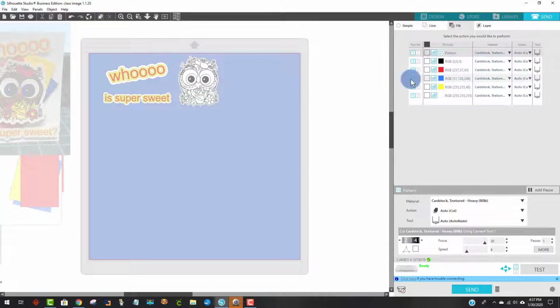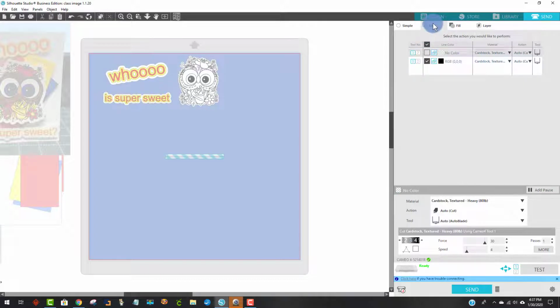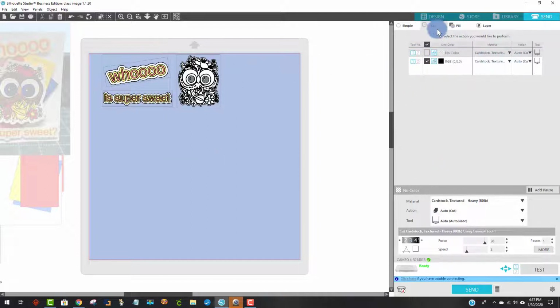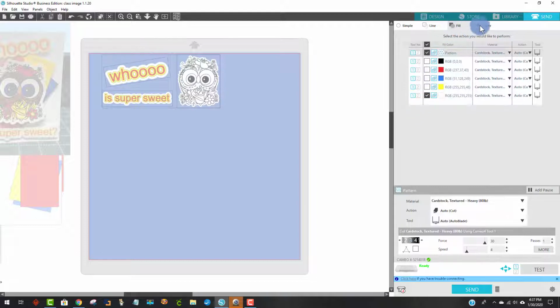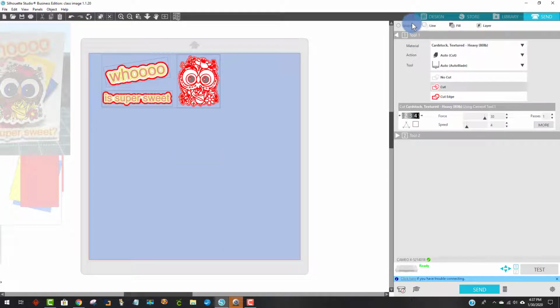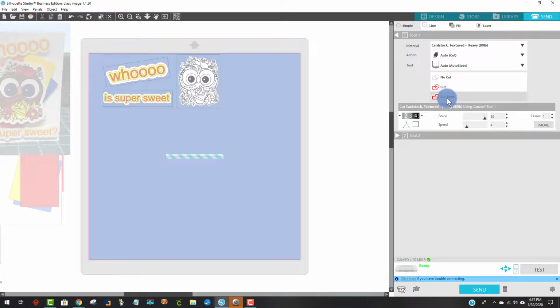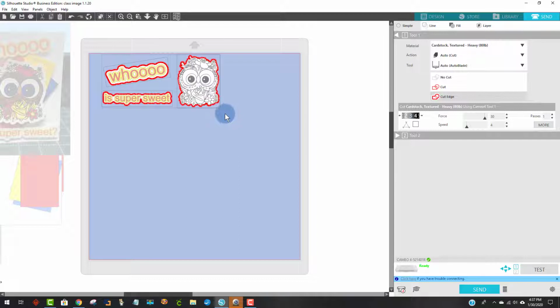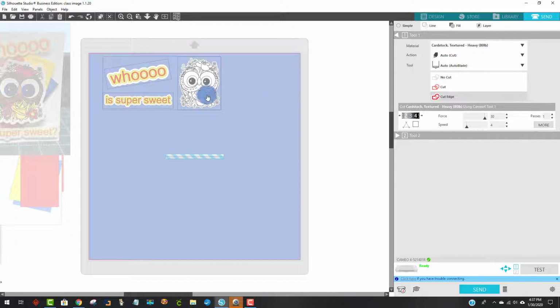And the first thing, let's see, what do we got? Okay, this is where I would go. I would go to Simple. I would highlight both of these, and I would say Cut Edge. What that's going to do is cut the outer edge of both of these, and that's exactly what we want. But you're thinking to yourself, I want all these different colors in my "Who is super